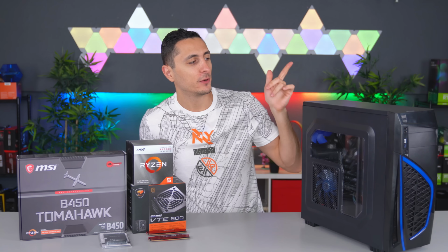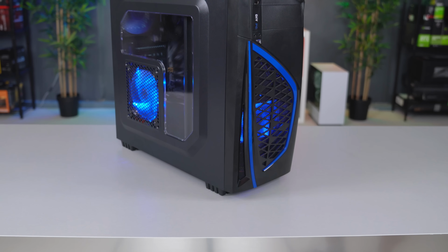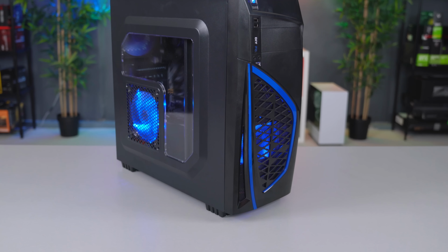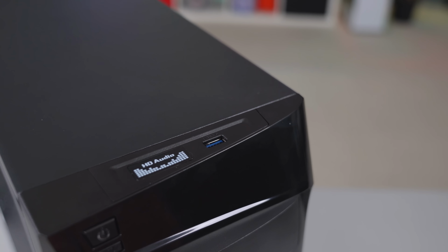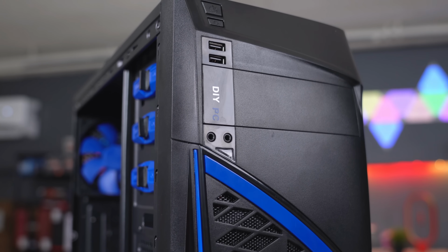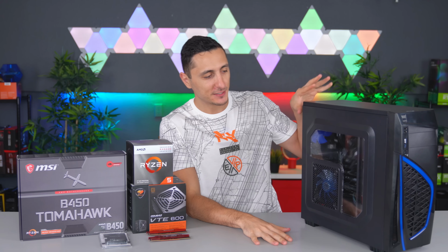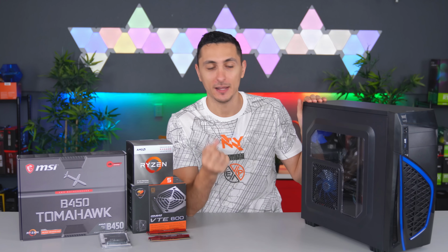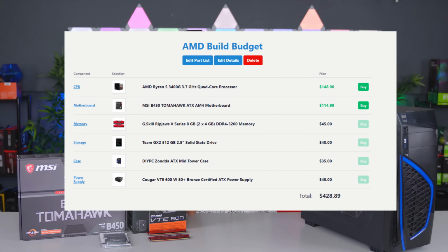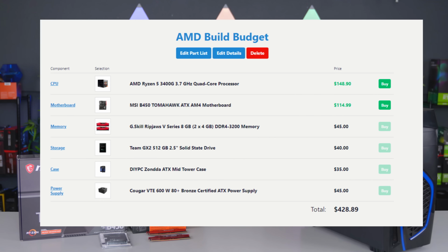And finally, the case we're going with is the DIY PC Zonda case. It's a full ATX chassis with a see-through side panel, 3 included 120mm fans, and a single USB 3 port in the front, along with a couple USB 2s. For $35, this case is not bad. I mean, it's not the best looking case, and the build quality is pretty flimsy, but it gets the job done, and it fits in our budget. The total cost of this build is a little under $450, so with that said, let's jump straight into gaming,